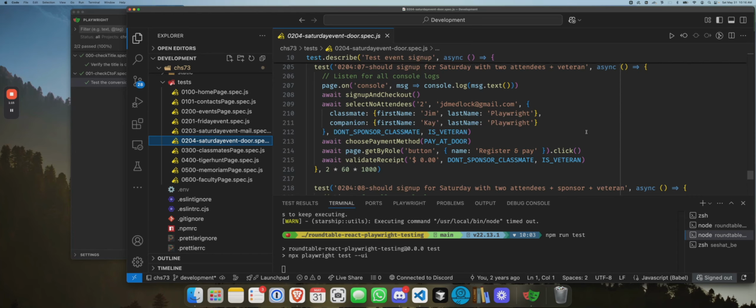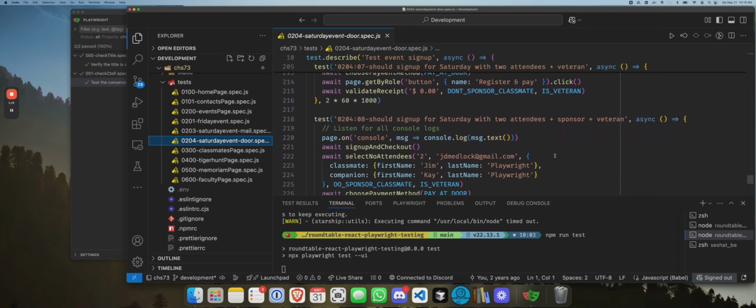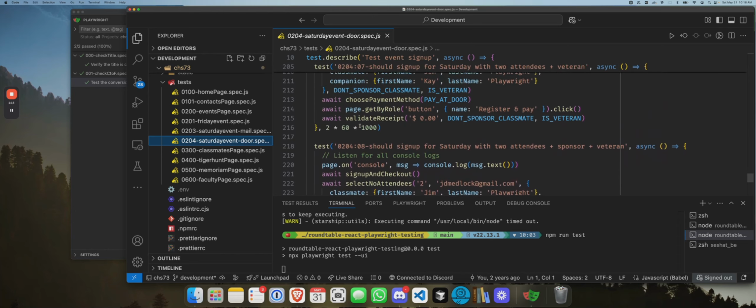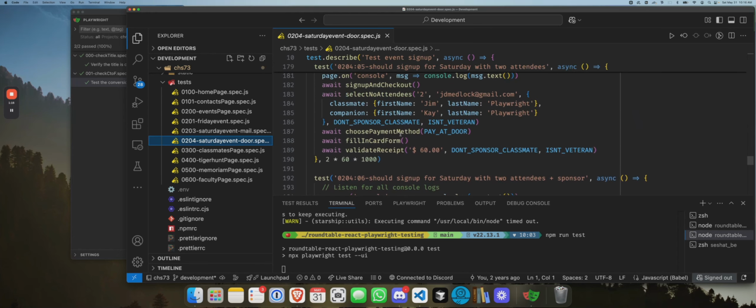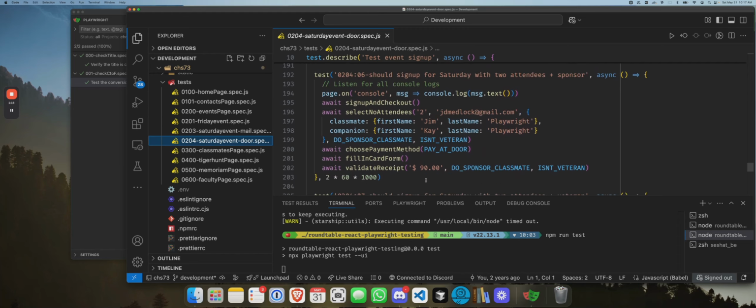So these tests tested different combinations of those options. We had test 8, test 7, test 6. These are very similar, except the options are different, and because the options are different, they had to validate that a different amount was being charged